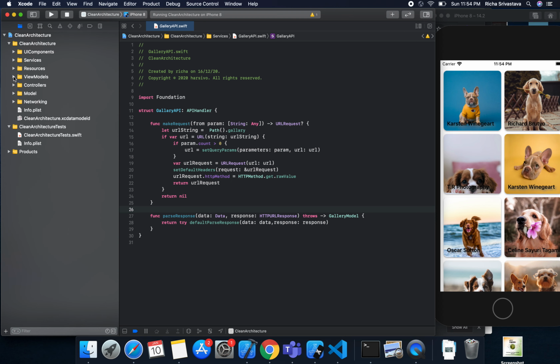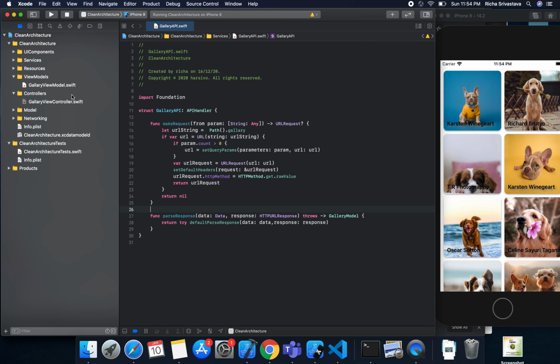So these are my resources, and then as I said, it's MVVM. We have view models which will be supporting our view controller. In the MVVM approach, let me talk briefly about it. What we do in MVVM is modularize our code a little bit more, so we don't overburden our view controllers. We will have shorter view controllers and bigger view models. We'll be writing all our business logic in our view models, and the view controller will only handle the UI. The purpose of the view controller is to show a UI,